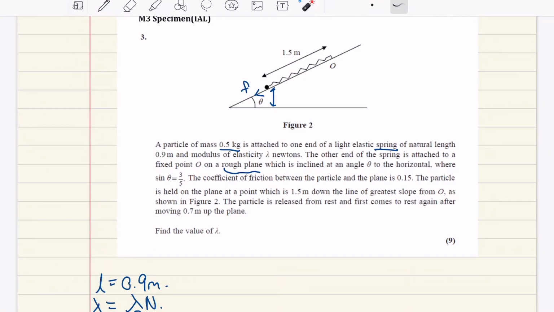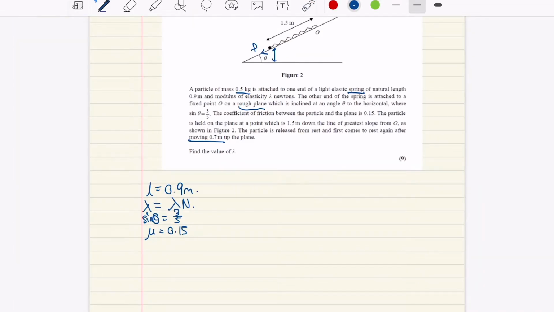And the string is stretched from 0.9 meter to 1.5 meter, which means there will be elastic potential energy, because the spring will try to return itself to its original length. Initially, the particle will have gravitational potential energy initial plus elastic potential energy initial, and it's equal to, okay, now